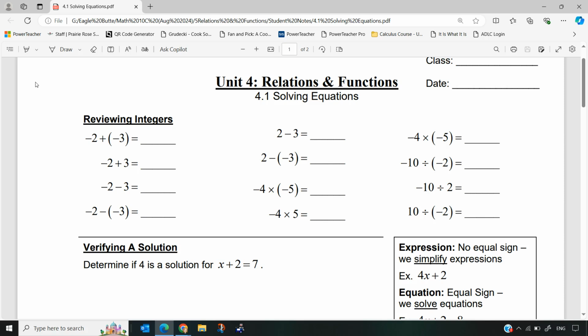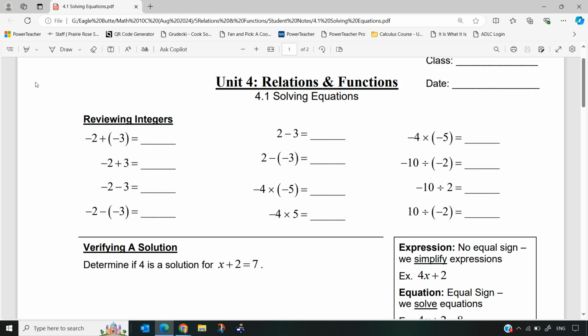Welcome back. Today we're going to be starting our fourth unit, which is on relations and functions. Now in this unit, you're going to be introduced to a lot of new vocabulary, including what is a relation, what is a function. We're going to talk about domain and range, but also a big part of this unit is building equations. And as part of that, we're going to be solving equations. Now that's going to involve some review of algebra. So before we get into the actual unit, today's lesson is just going to be looking at some review of